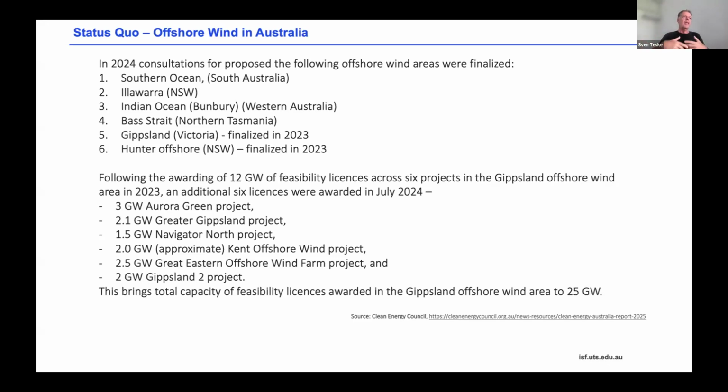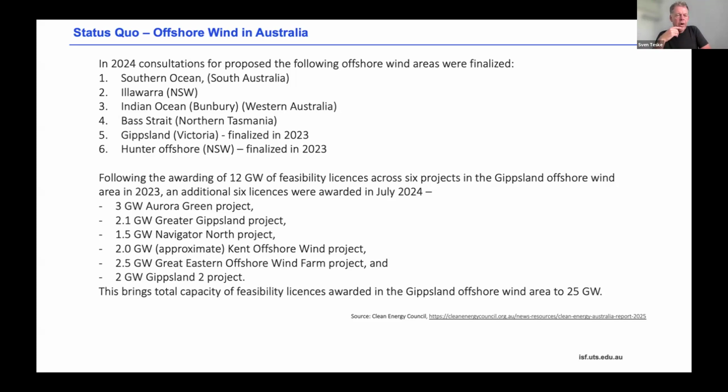Then the government basically had a consultation process, and over 5, 6, 7 years, they came up with priority areas for offshore wind, which had to juggle national parks. Almost the entire coastline is a national park in Germany, shipping lanes, military zones, and then we had the offshore fields. The same is happening in Australia right now, but we are not that far, so we don't have a full-blown